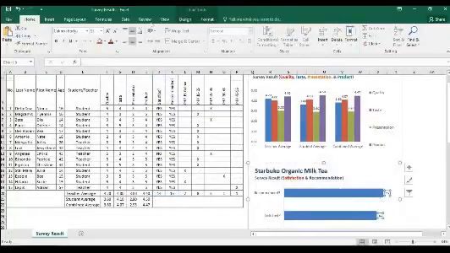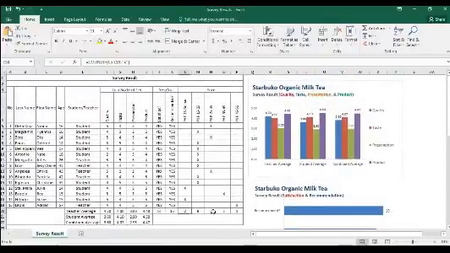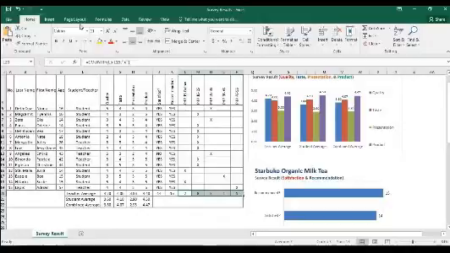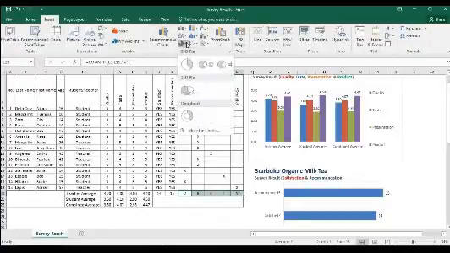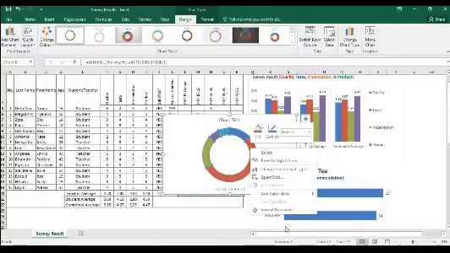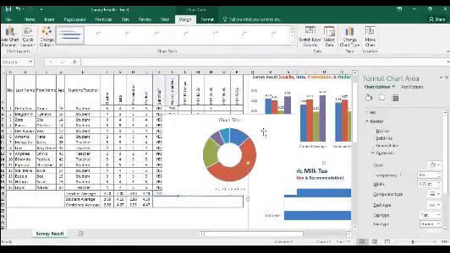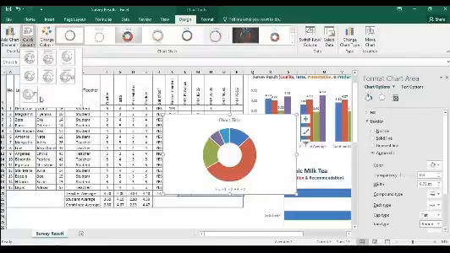Let's make this red. And then the last one is we're going to use a donut chart. So click on insert, and then let's look for the donut chart. This donut chart. Let's make the donut hole bigger. So let's make it 44%, and then let's find a layout for that. The layout that we're going to use is this one.